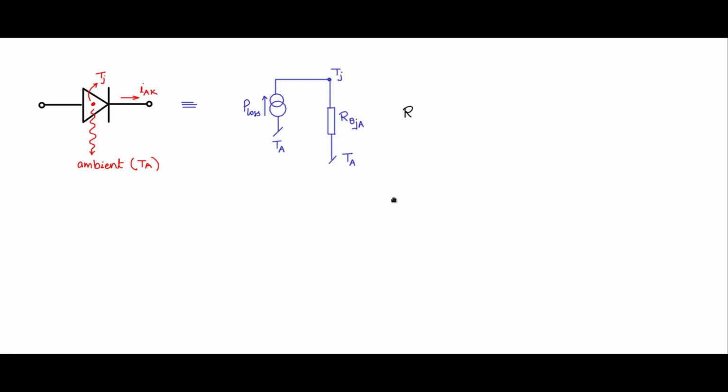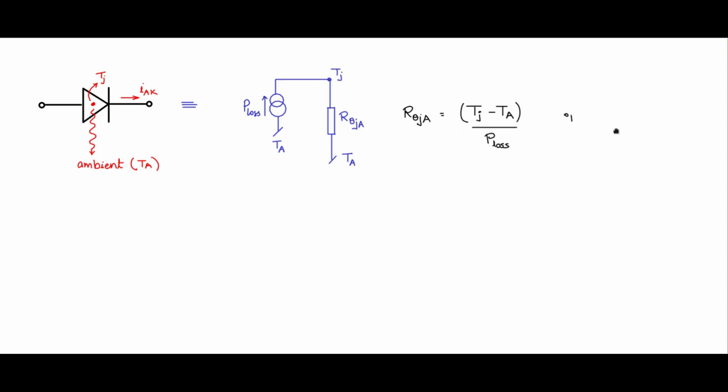So let us calculate what is this R thermal junction ambient. So we saw the thermal electrical equivalence. It is nothing but the Ohm's law of the thermal, which is the temperature difference, which is the potential. In this case, what is the potential across the thermal resistance? Tj minus Ta, divided by what is the flow through the thermal resistance, nothing but a flow equivalent to the value P loss, and we put P loss.